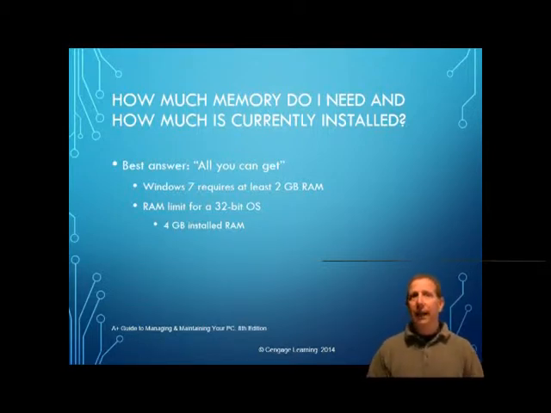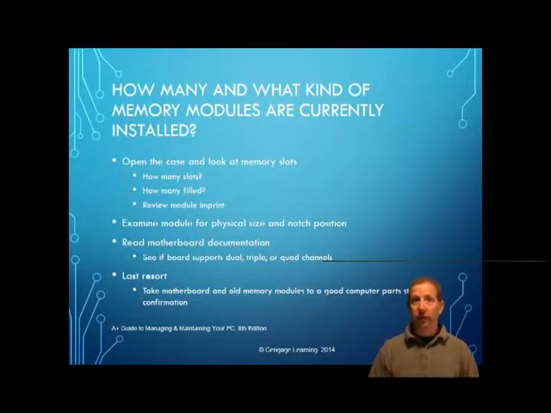Now, how many and what kind of modules are currently installed in my system? Well, the next step to upgrading memory is to determine what type of memory modules the motherboard is currently using. If the board already has memory installed, you want to be sure to use the best match for the new modules with whatever memory is already installed. Now, to learn what type of memory modules are already installed, you can do the following. One, you want to open up that case and look at the memory slots. How many slots do you have? How many are filled? Remove each module from its slot and look on it for the imprinted type, size, and